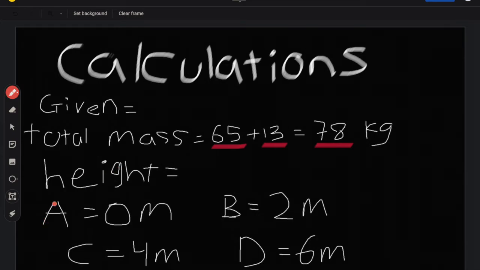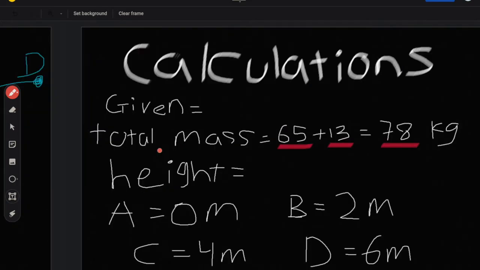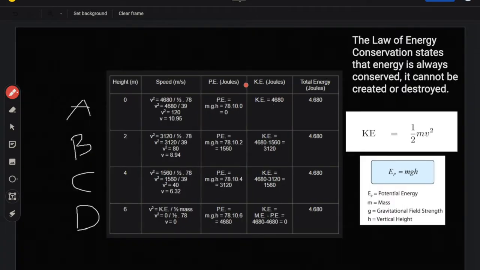And the height is on point A, you have 0 meters because it's the starting point. On point B, you have 2 meters, C 4 meters, and D 6 meters. So here we have a table that I've made to make it easier to visualize and calculate. What I like to do with these types of calculations is to find the potential energy for the object's greatest height first. So in this case, 6 meters. This will give me the exact value of the mechanical energy,